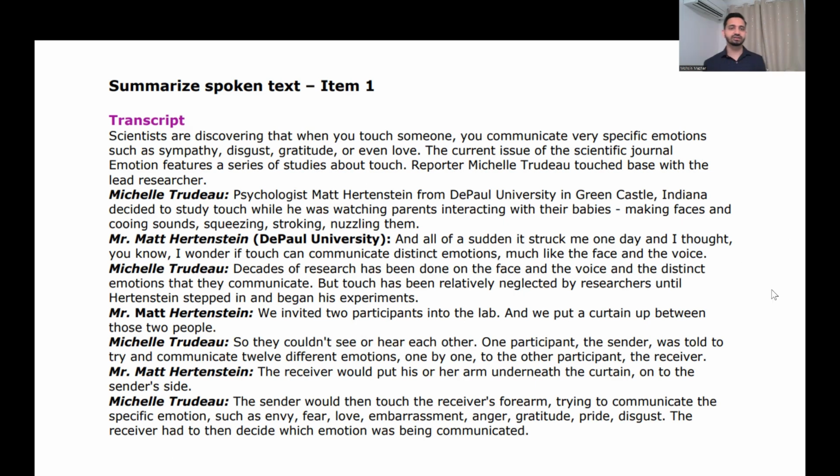So scientists are discovering that when you touch someone, you communicate very specific emotions such as sympathy, disgust, gratitude, or even love. So the main topic is about touch, isn't it? The current issue of the scientific journal Emotion features a series of studies about touch. Reporter Michelle Trudeau touched base with the lead researchers. Psychologist Matt